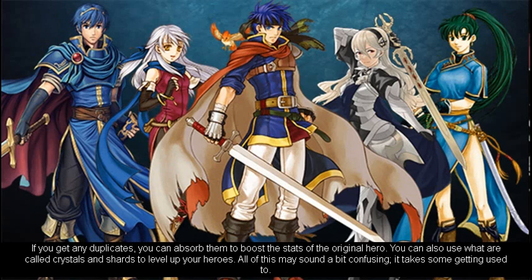If you get any duplicates, you can absorb them to boost the stats of the original hero. You can also use what are called crystals and shards to level up your heroes. All of this may sound a bit confusing, it takes some getting used to,